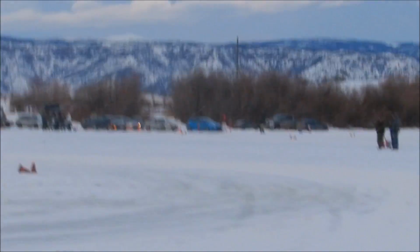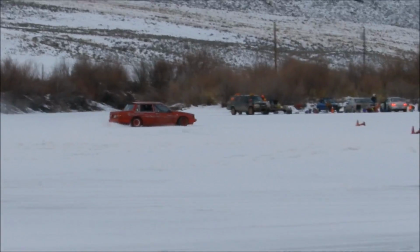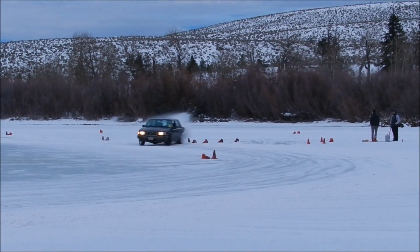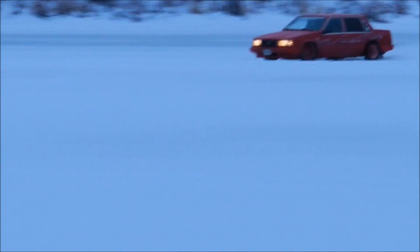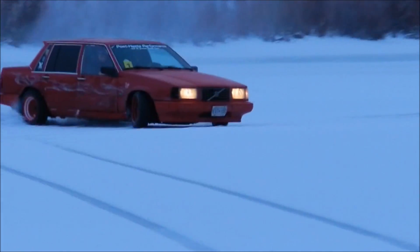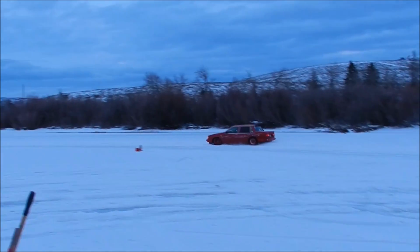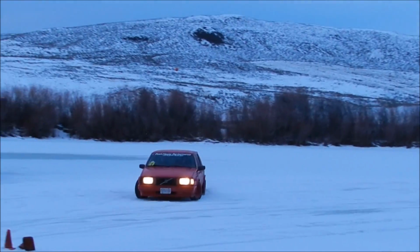Let me just put the camera that way a little. Whoa, look, he's going again. Nice, smooth, connected line. Leave it to Colton. Red Volvo, waiting on